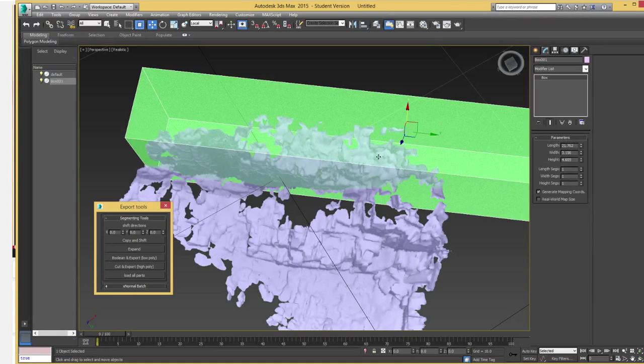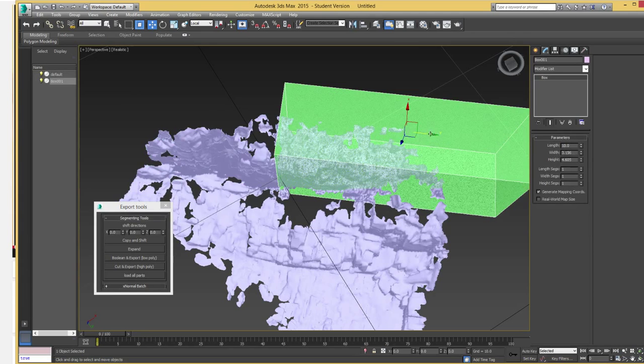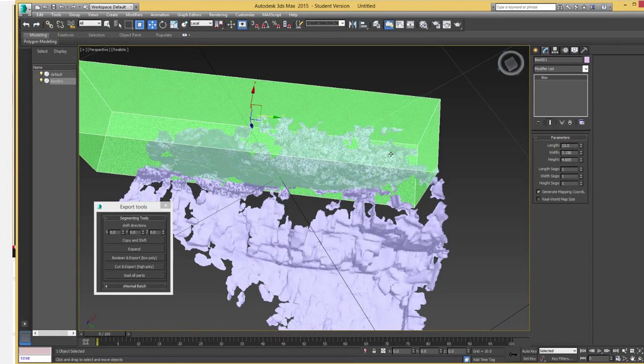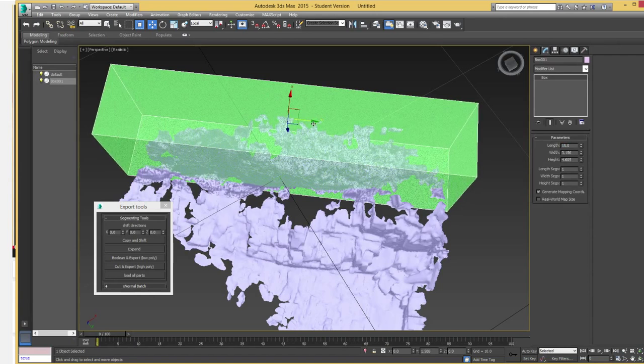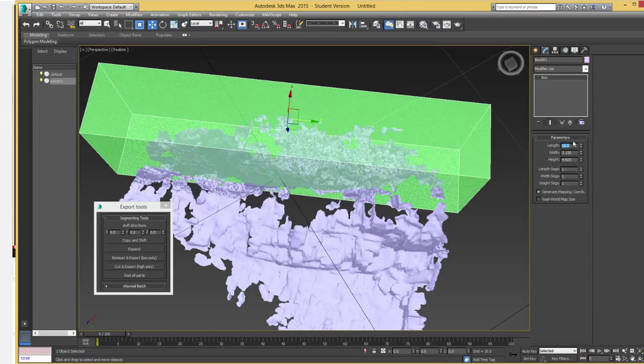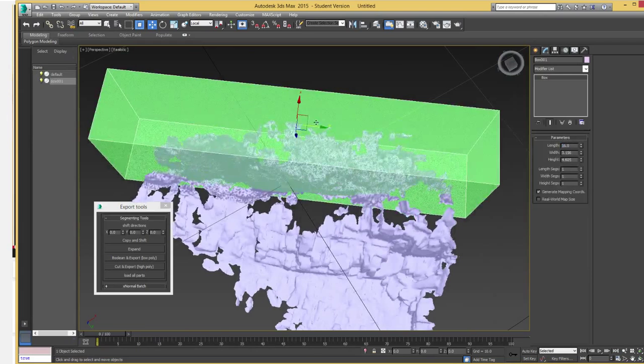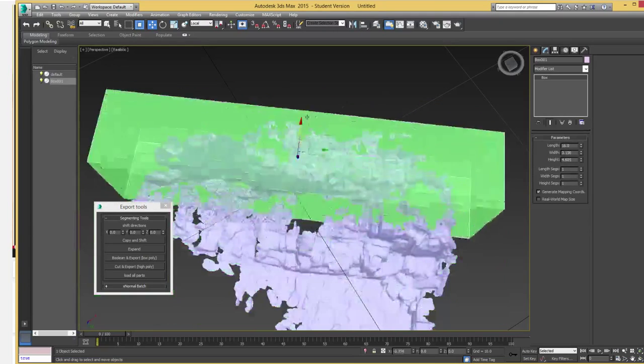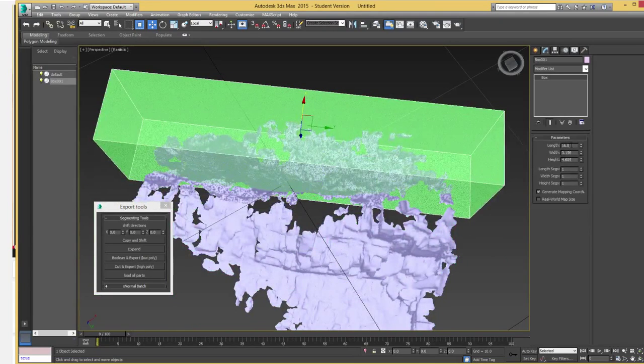Okay, so I have my envelope now. I've just made it very, very long so that we can get an idea of how it's going to fit in here. It's about 20 long, which probably means, how long does it need to be to fit everything in? So it's 15 maybe. Okay, it looks like 16 could be good because that's a nice, easily divisible number. So let's say 16